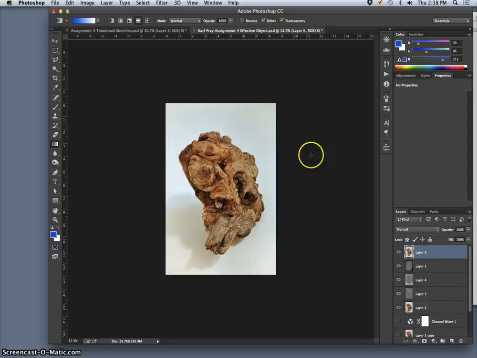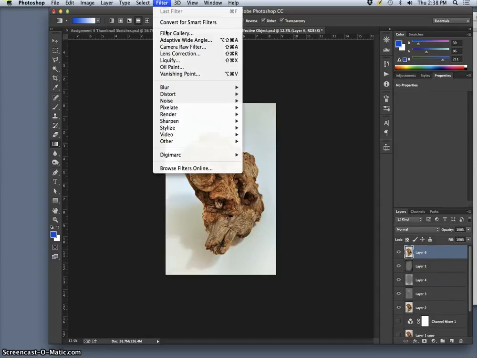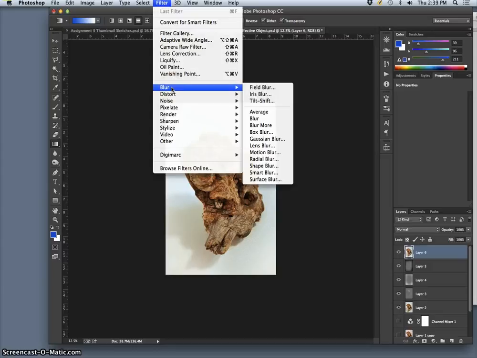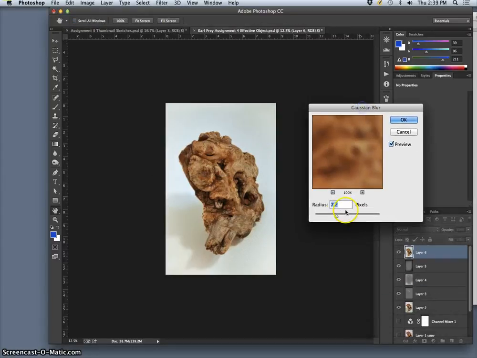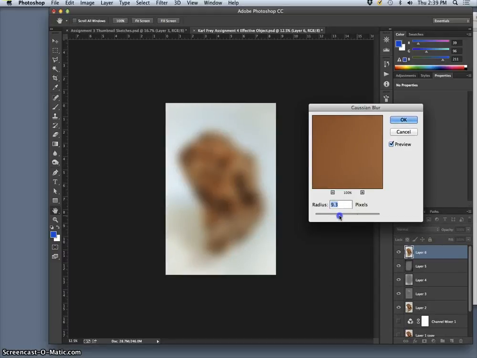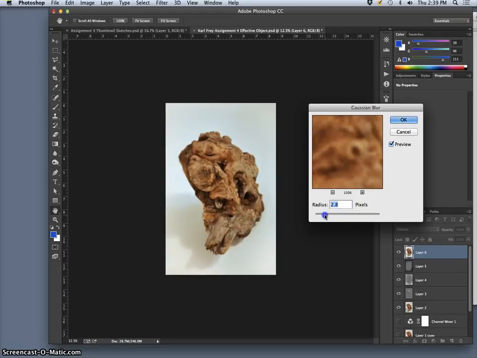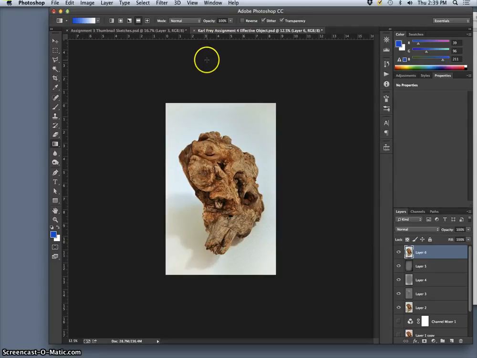And now on this top layer, I am going to play with a filter. That's a blur filter. And we've used Gaussian blur before. So let me show you what that does. That just takes all the resolution down. So blurs the focus everywhere. What I'm going to do is use my alpha channel and use lens blur to actually direct that blur. That will be the next